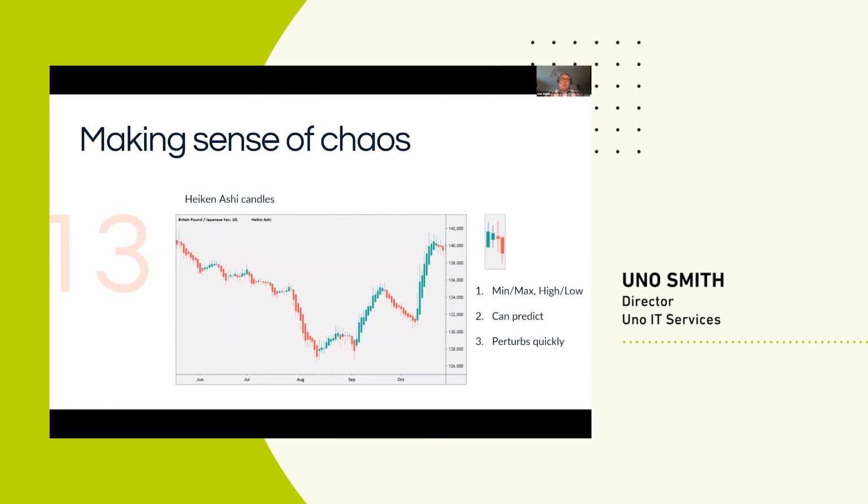And it does the same thing when you look at data. If you look at the main chart, you'll recognize that pattern. Usually a downturn for a while, a couple of indecision candles, then a strong signal in the opposite direction, and then an upturn for a while, and so on. What these do is they perturb very quickly, so you follow the chaos more closely. You can then do things like they do in the finance industry, moving averages over different periods. You can use all of that to enrich your data set, to start to make more sense of it and start to use it to make decisions.